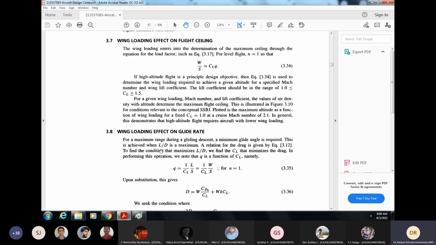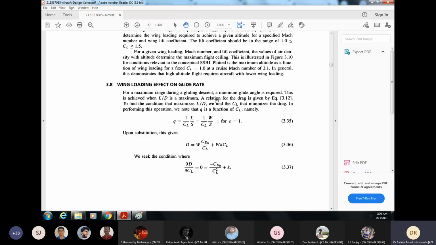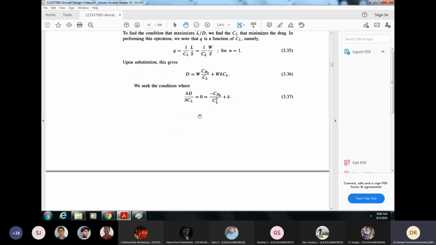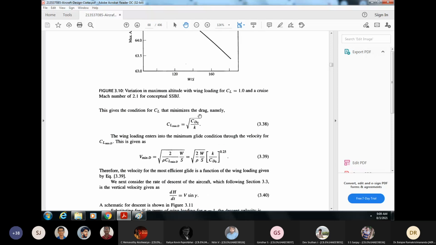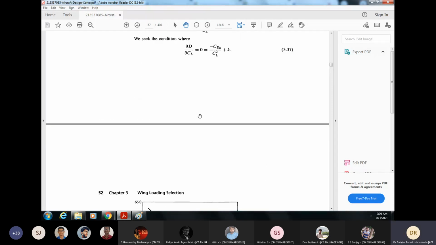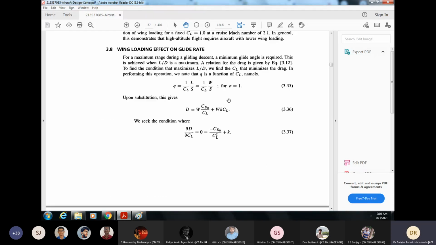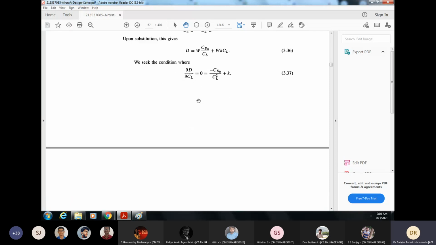Then wing loading effect on glide rate, for those who are doing sailplanes or solar plane endurance. I'm not sure whether you can use this, but if you are designing gliders, anyone designing gliders in the group? I don't think I've given gliders this time. But anyway, you just know what it is. So L by D is maximum when you want maximum range for a glider. So to make this happen, you seek a condition where